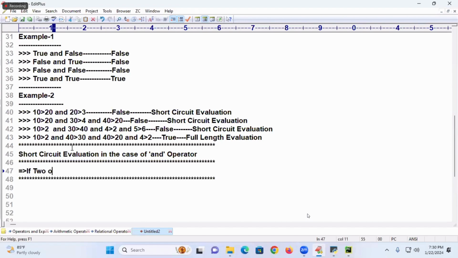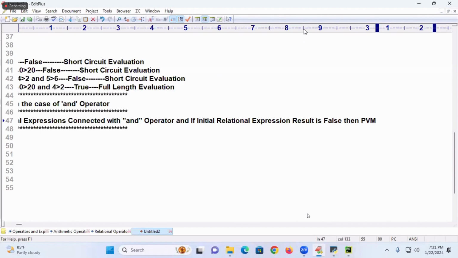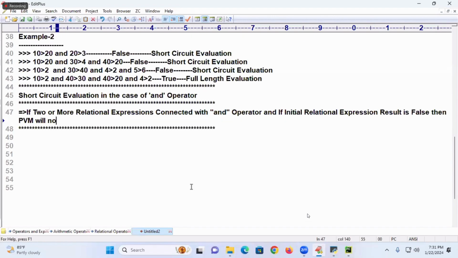Tell me, if two or more relational expressions connected with logical AND operator, and if the initial one, maybe second or first or whatever it is, if it is containing a number of relational expressions, beginning one, second one, third one, something like that, if the initial relational expression result is false, then JVM will not evaluate the rest of the relational expressions